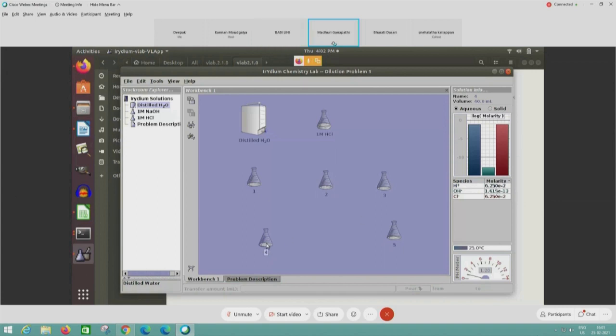This is the fourth dilution, and then the final dilution. I will add 20 ml again to the last flask, that is flask number 5. Click on pour, bring it back to its place, click on the fifth. So what is the dilution here? It's the fifth dilution. The pH has changed to 1.51 and the hydrogen ion concentration has gone to 0.0315. So successively we have diluted from the 1 molar solution to 0.0315 molar. So this is successive dilution.